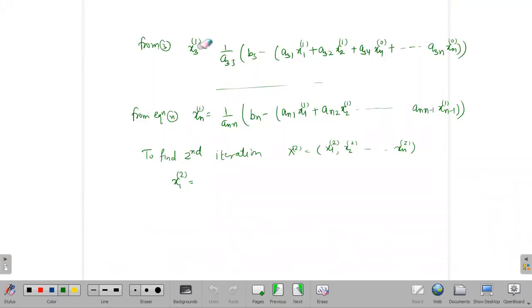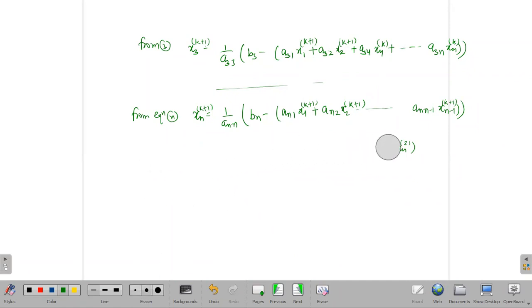And here also k plus 1. So it is k plus 1, k. Here it will be k plus 1 only. So if you take k equal to 1 here, that gives you the second iteration, not exactly in terms of the previous components, but here new components will also be mixed in.